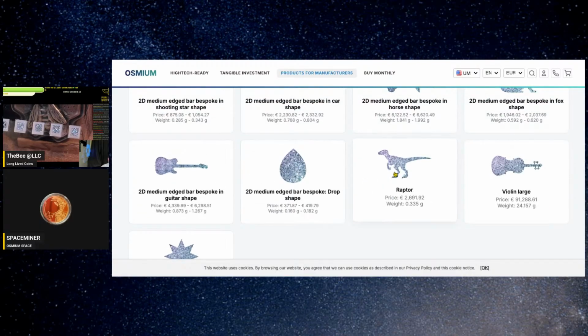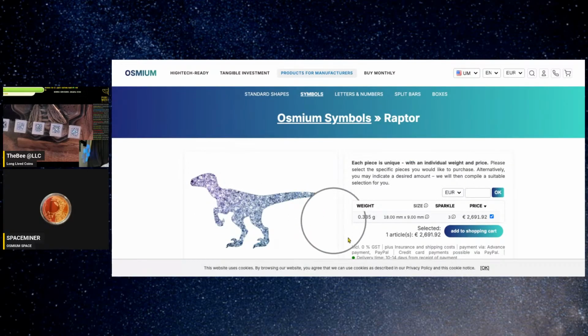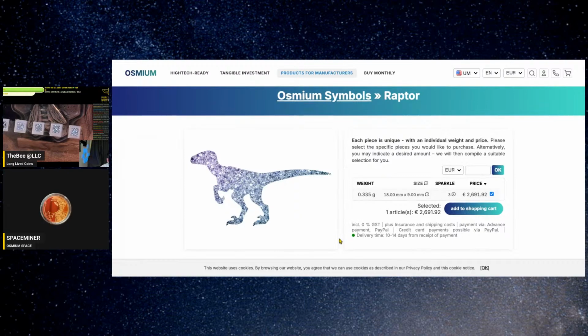So this Raptor here is kind of a unique cut. I know someone who owned and then sold a very nice Raptor. Yeah, the value of that Raptor went up $1,000 since I sold it. Woo! Yeah,